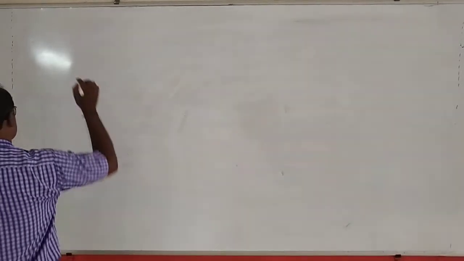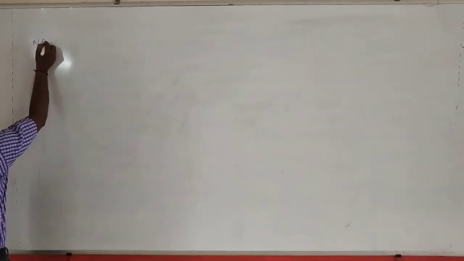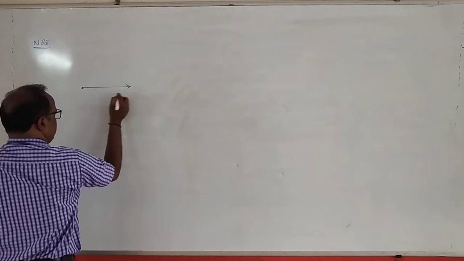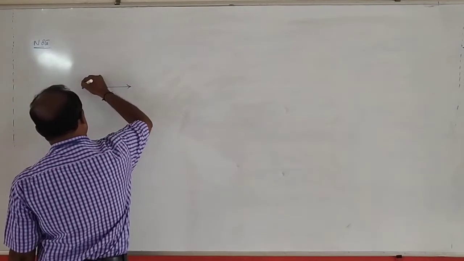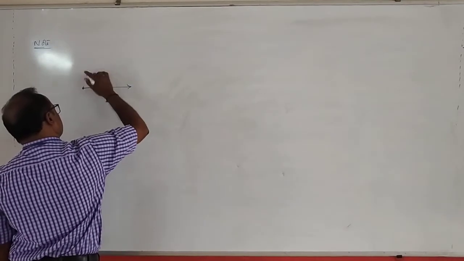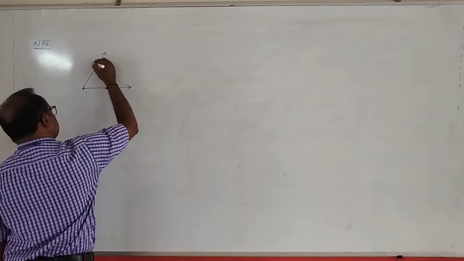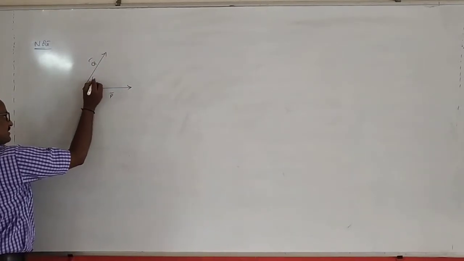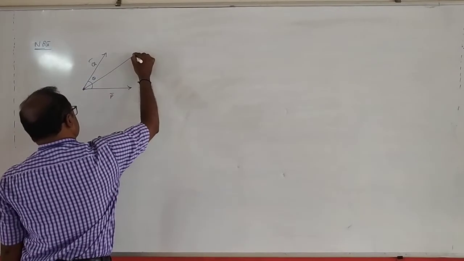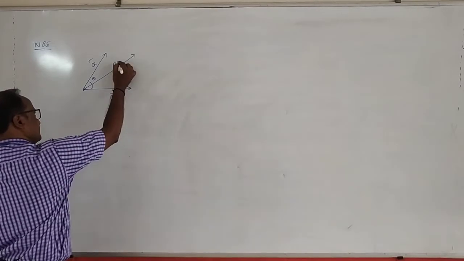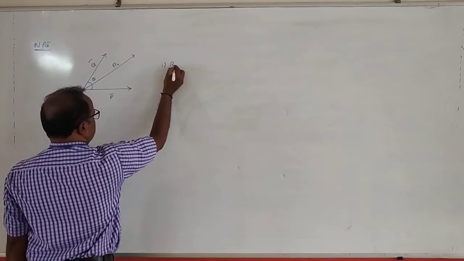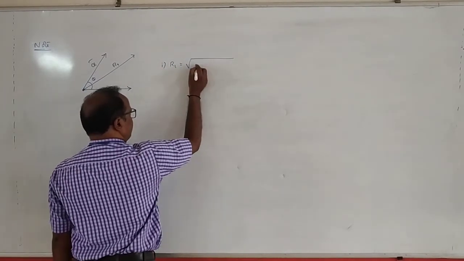See my dear students, here there is one other point to note. Suppose P bar is a vector quantity, Q bar is another vector, and the angle between the two vectors is theta. The resultant of these two vectors is R1. What is the formula for R1? R1 is equal to root of P